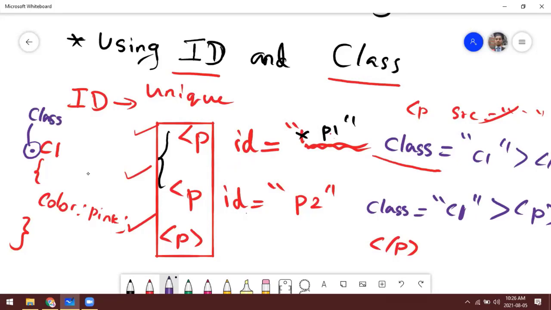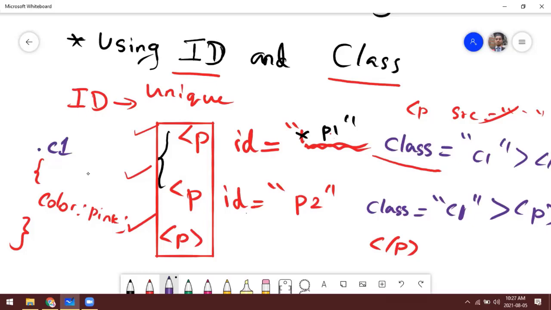Now the web browser will look into the class with the value C1. If you want to reference a class, you have to apply here .C1. Then what will happen?